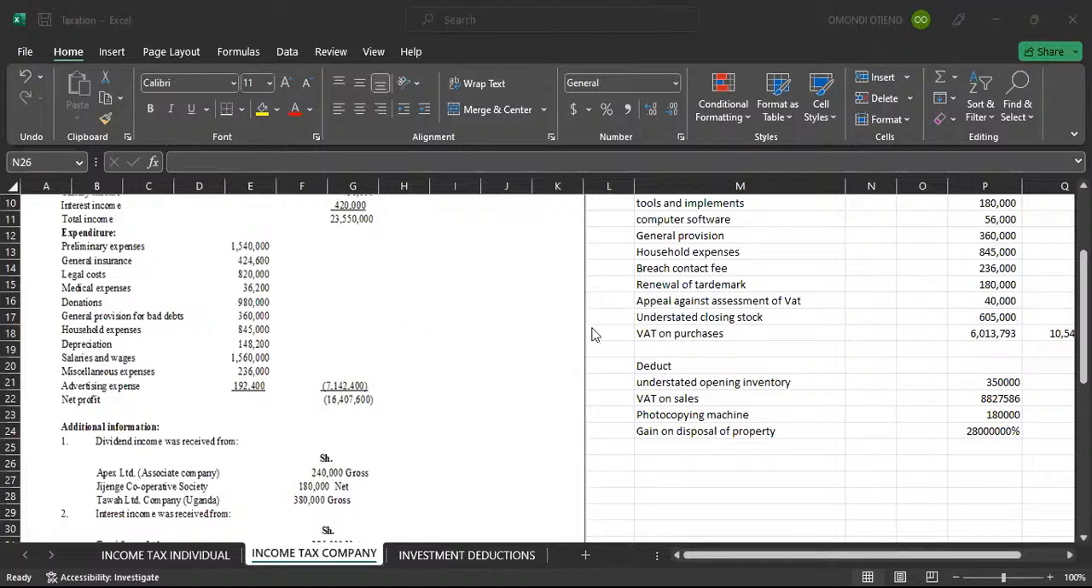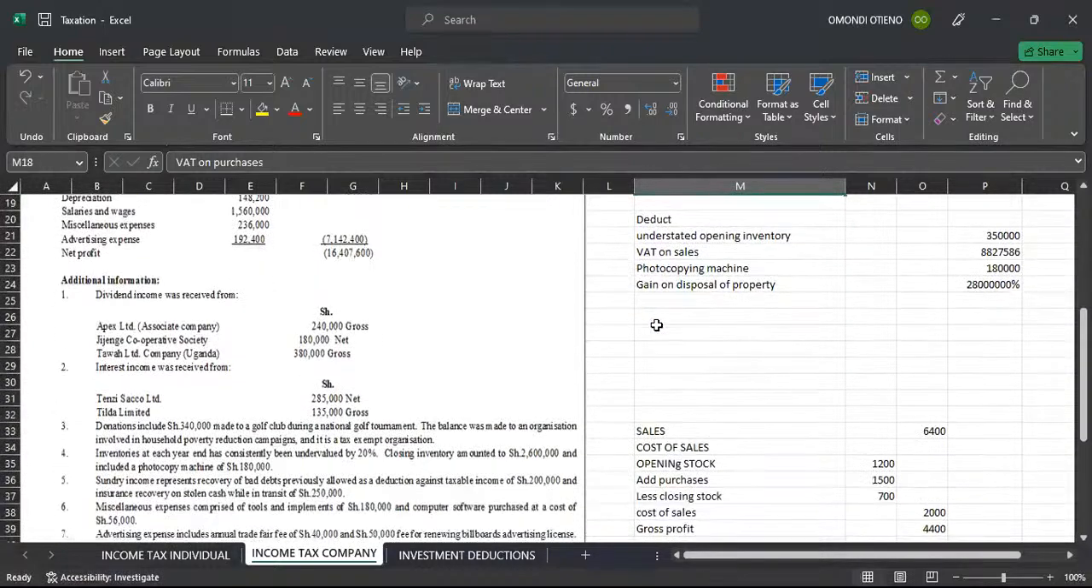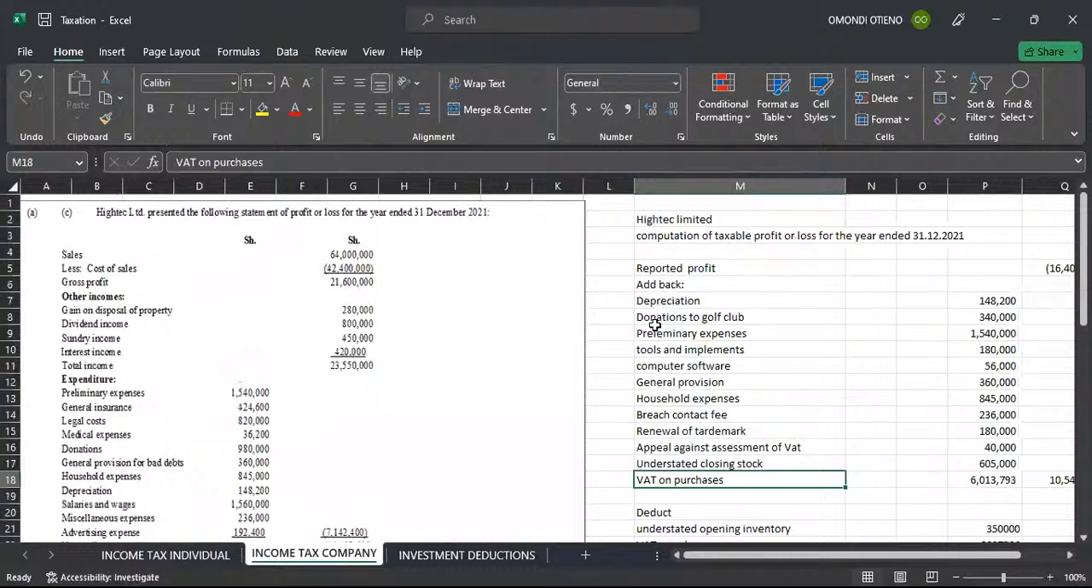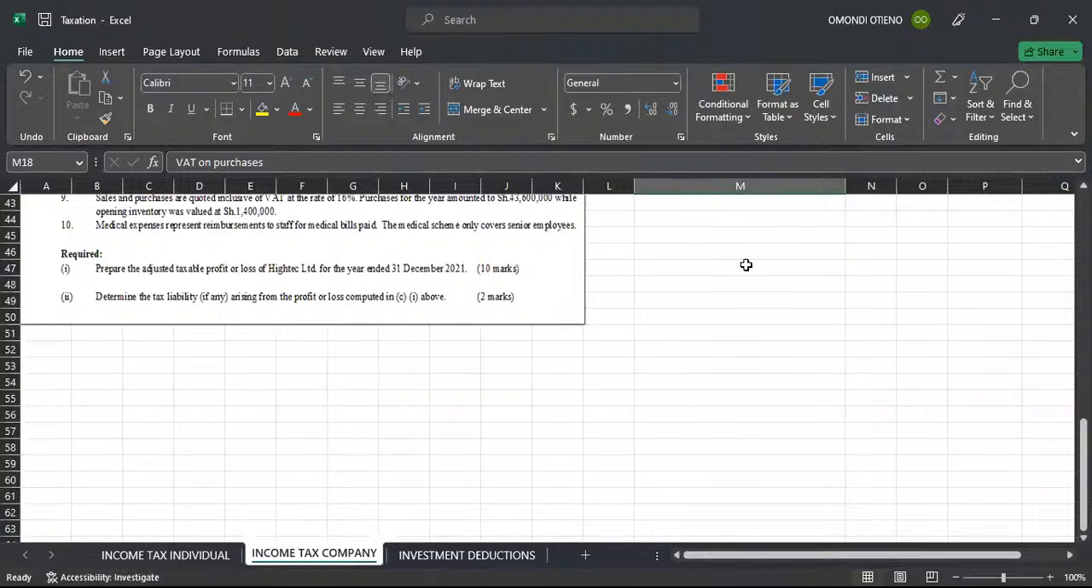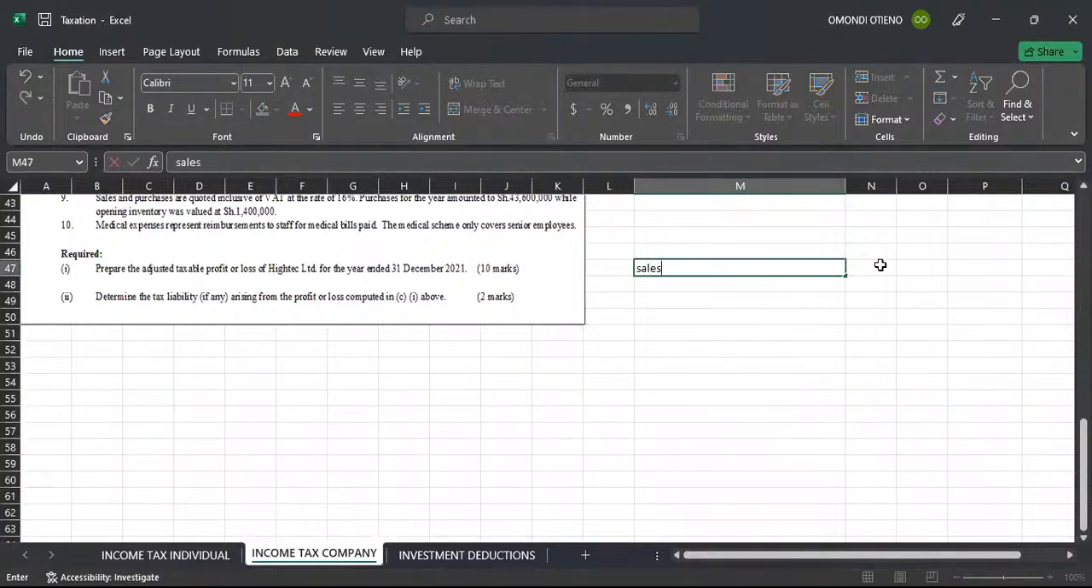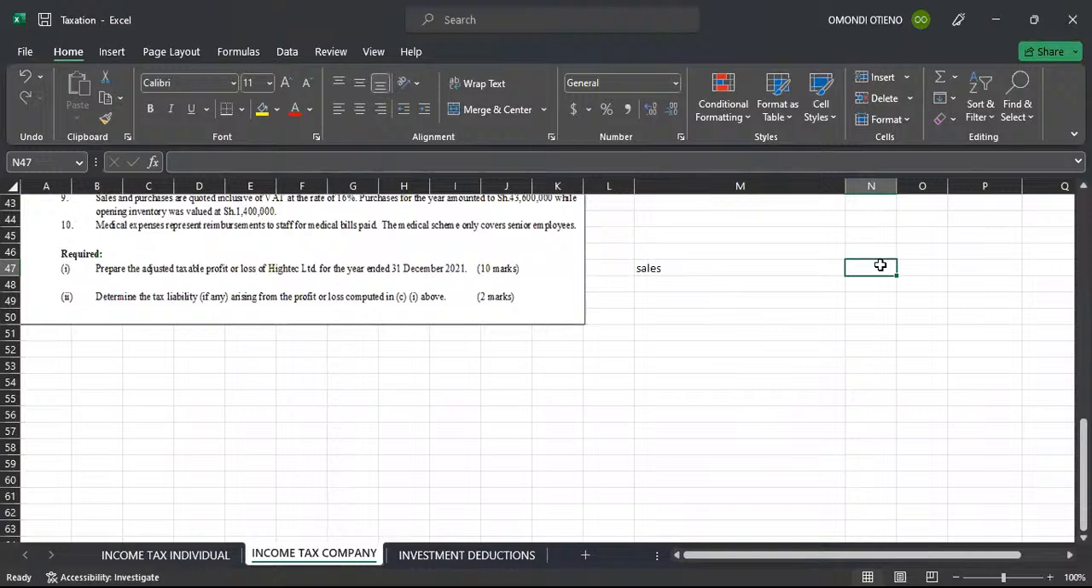VAT on sales. So VAT on sales, this is what we have been given here. The value which is given up here is inclusive of VAT at the rate of 16%. This is what we've done. Sales includes VAT of 16%, and the value given to us is 64 million. 64 million, if it has VAT inside, we have 116%, which means the real sales here,